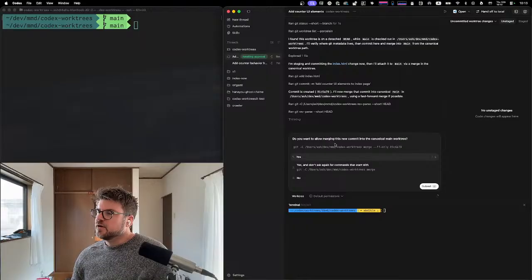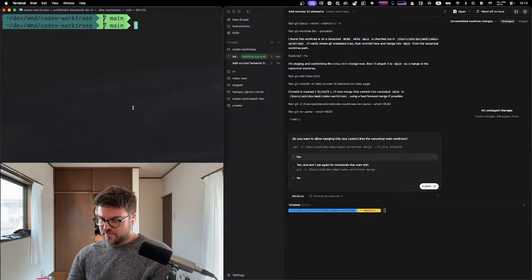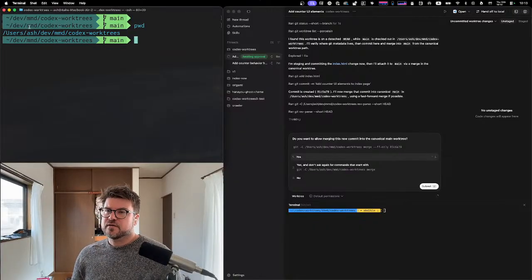Do you want to allow merging this new commit into the canonical main work tree? So we saw a little bit of this in the last video, but this dash capital C is going to say, hey, git, run as if you were running inside of this directory here. So this directory is the same directory that we have over here. So if I do pwd, you can see that these two match. So it's going to be running git as if it were sitting in this directory. And it's going to do a fast forward only commit for,